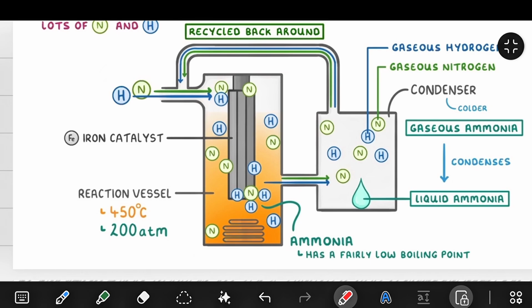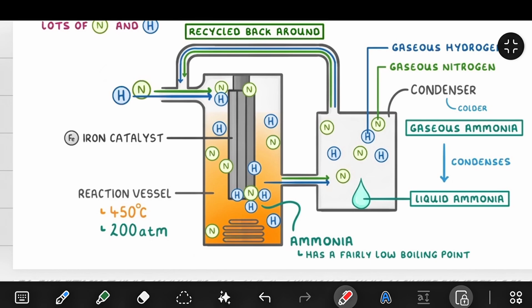But importantly, because it's a reversible reaction, the mixture will still contain lots of nitrogen and hydrogen, right? So while ammonia is formed over here, there is still lots of nitrogen and hydrogen that passes through this gap. Now, this means that we need to somehow separate the ammonia that's been formed from the nitrogen and hydrogen that have not reacted, as these molecules over here have not reacted and have not formed ammonia.